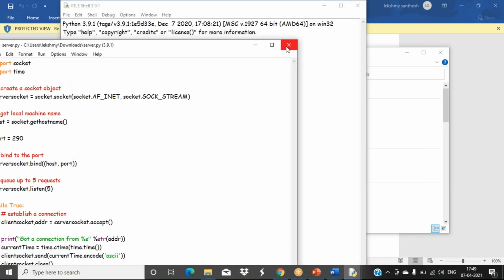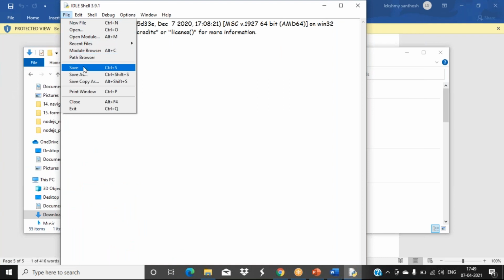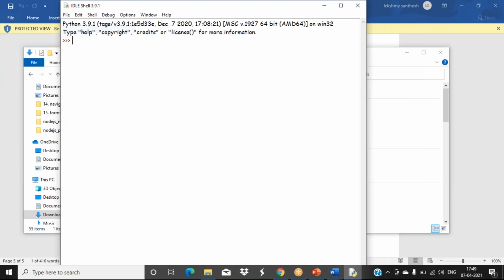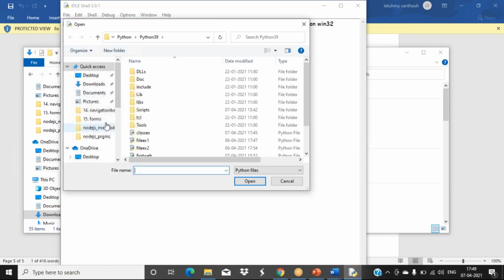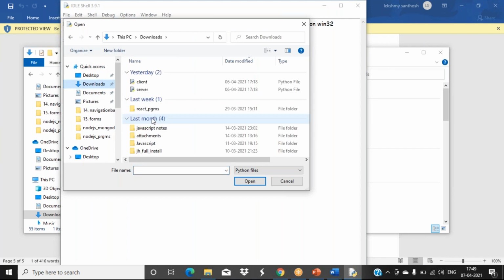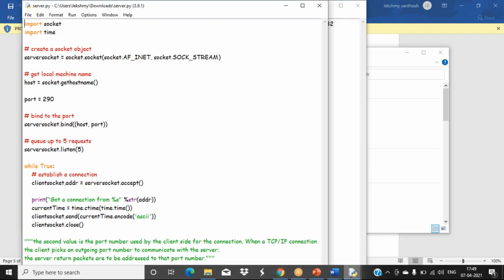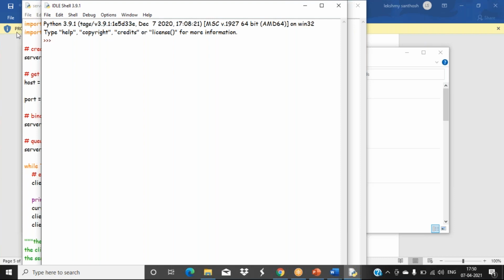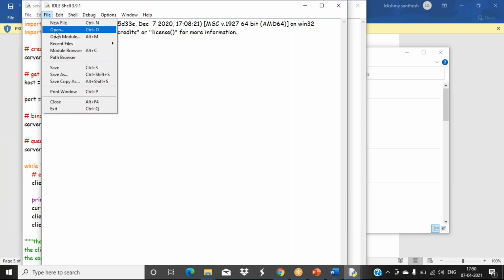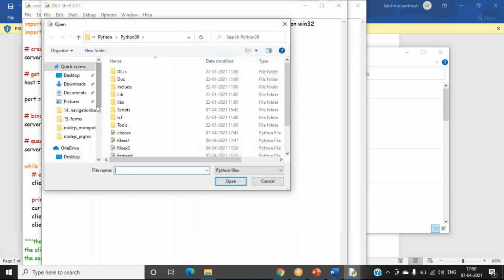In this output window, I'm opening the server program. Then I can open one more window. So one more IDLE we are opening here, and we are using this for the client. The client program I'm now opening in that shell window.